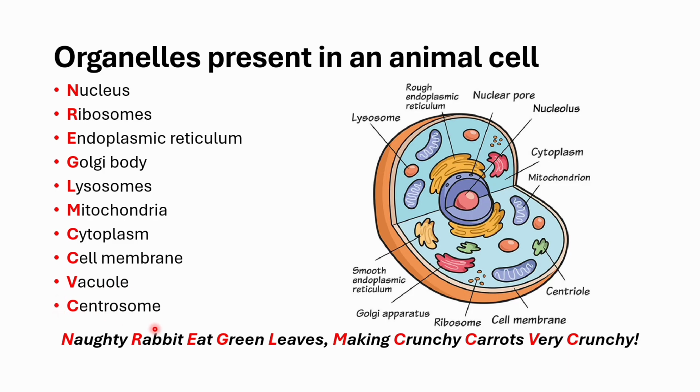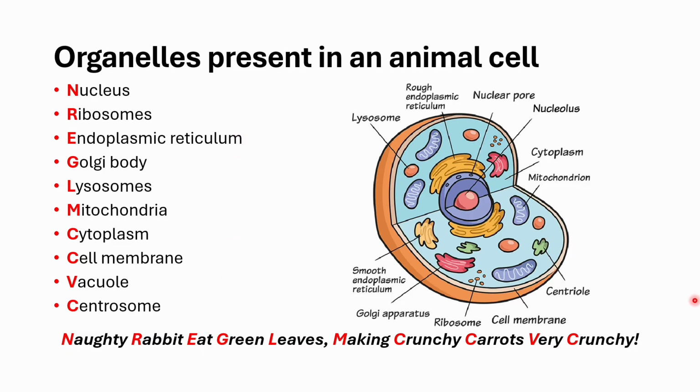If you want to go into more detail, you will find some other stuff as well, but for now, these are the common organelles which we're going to discuss in this video. So in order to memorize all these names, there's an acronym which I have written right here. Naughty rabbit eat green leaves, making crunchy carrots very crunchy. If you memorize this statement, it's going to be easy for you to memorize the names of the organelles